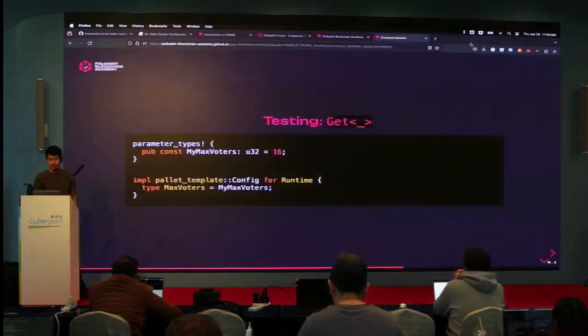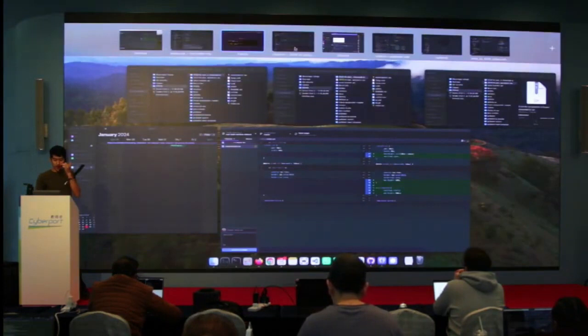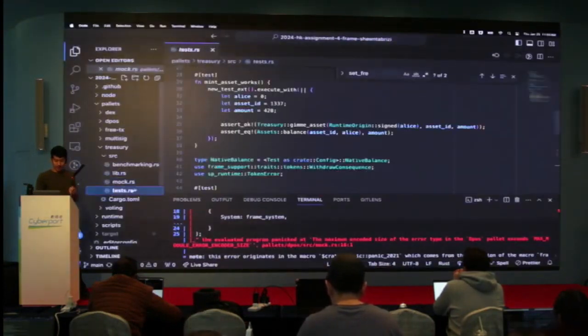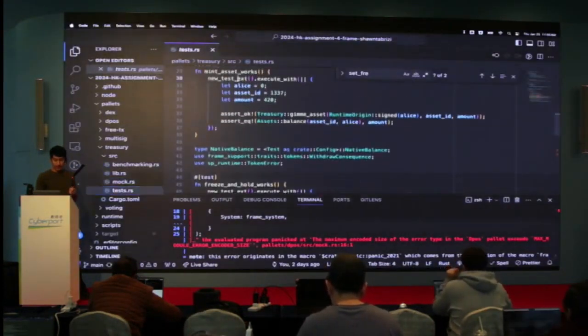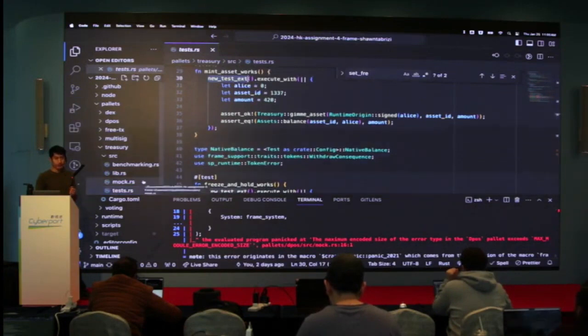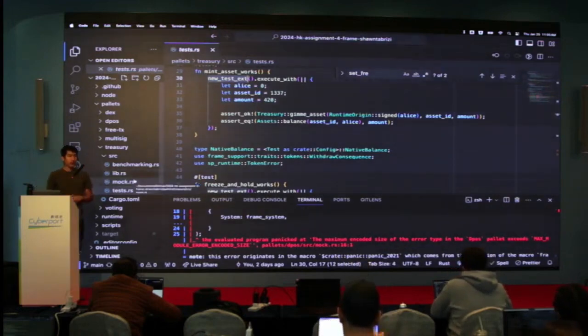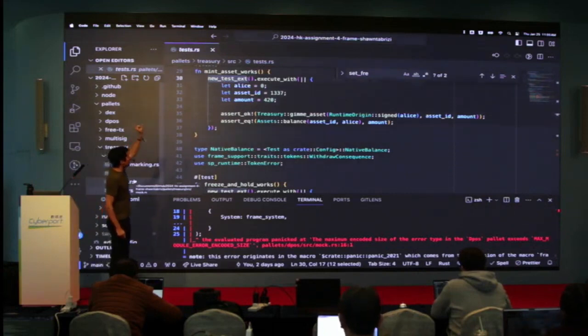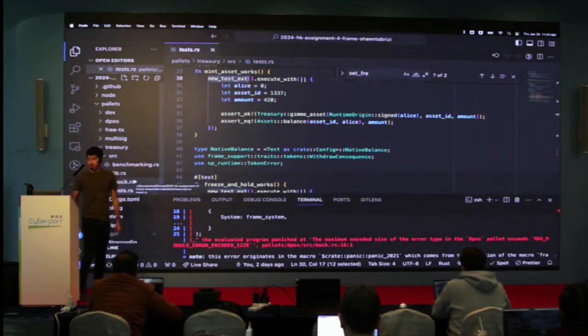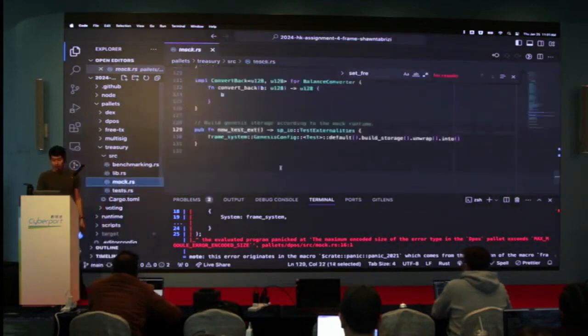So in any test, we start with this new test externalities execute with, and if I can add something in the closure inside, can I call a function that will work on this externality? So I want to extract some common functionalities in my tests and call it inside. Let's do exactly that. So this is the basic thing that we've seen. You always call new test ext, then you do execute with and some logic. Watch this. I'm going to go into the mock, and in here,